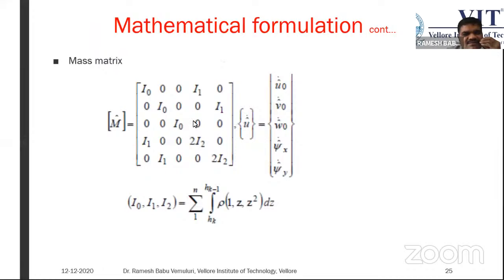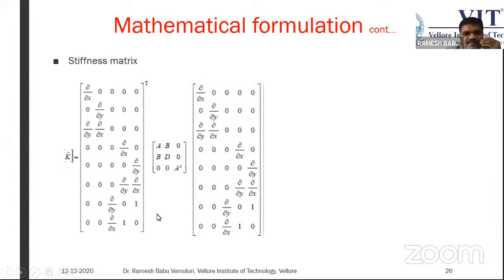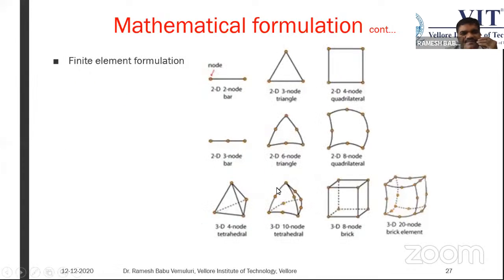And the mass term for this U, and these are the moments of inertia. And the final stiffness matrix we can get: A, B, D, and A of the shear. Then again, what are these U values? These we have already seen. So once we get this stiffness matrix,